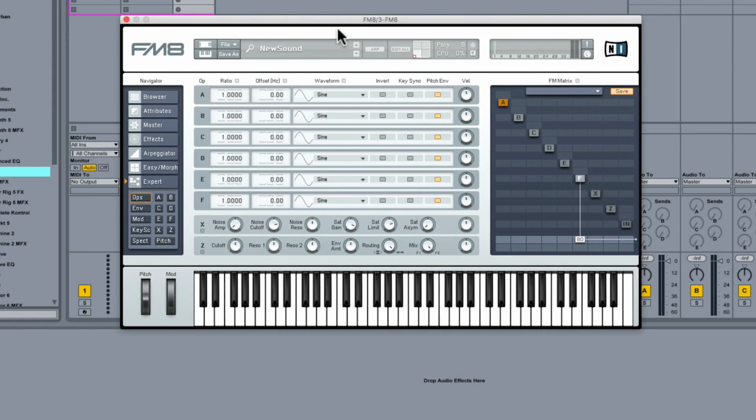Now actually when you first load the instrument, and we've just got a new sound up here, you can go File, New Sound. It's actually a very simplistic texture that we're given. It's just a pure sine wave. So obviously, we're going to look to see how we can make it sound a little bit more